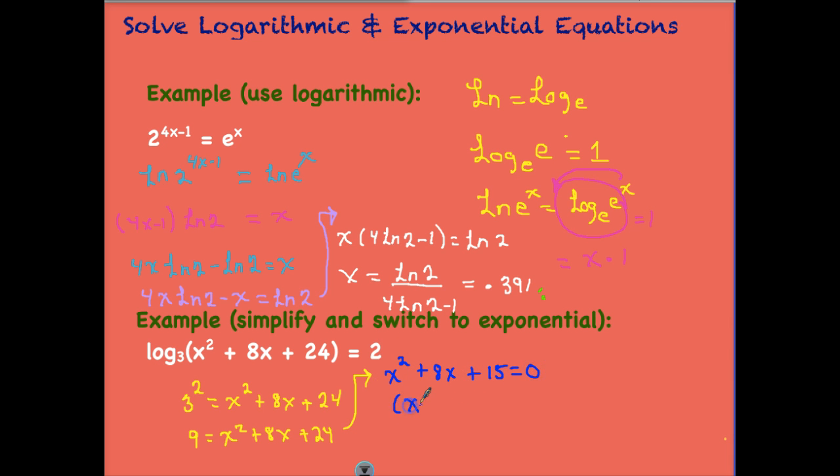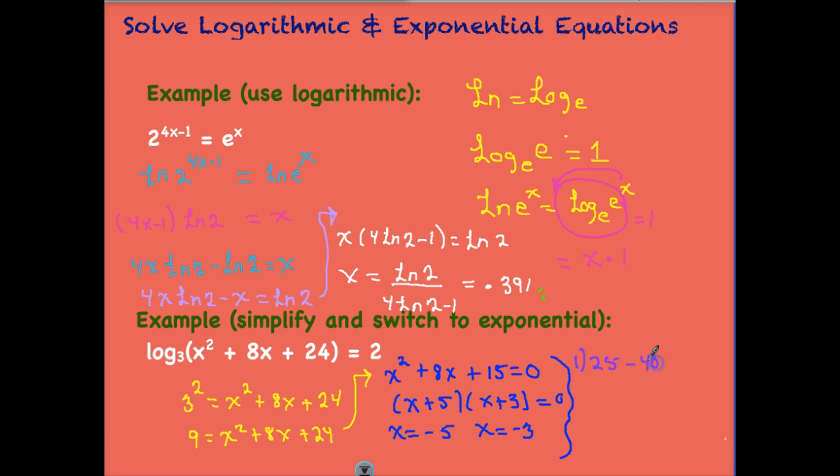Then we can factor into x plus 5, x plus 3, solve each of these for x, and we would have one solution with negative 5 and another solution with negative 3. Of course, it's going to be important once again to verify that our solutions are correct. So let's go ahead and verify the negative 5. Negative 5 squared is 25